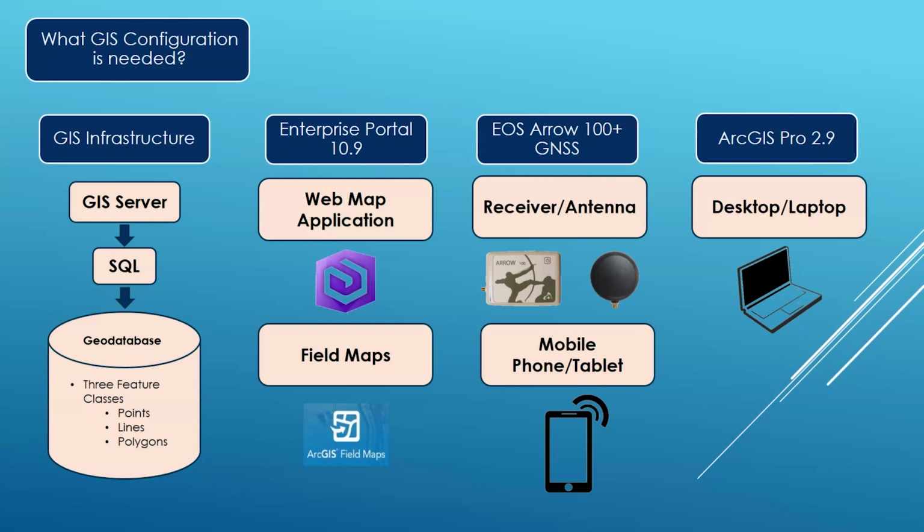We work with Portal 10.9, and initially we had them working out of a web map application. And of course, that works directly with Field Maps. And then they decided on the EOS Arrow 100 Plus, sub-meter accuracy, and it really varies depending on where you are, satellite coverage, cloud coverage, forested areas, things like that. But it's been really great so far. And they work primarily with